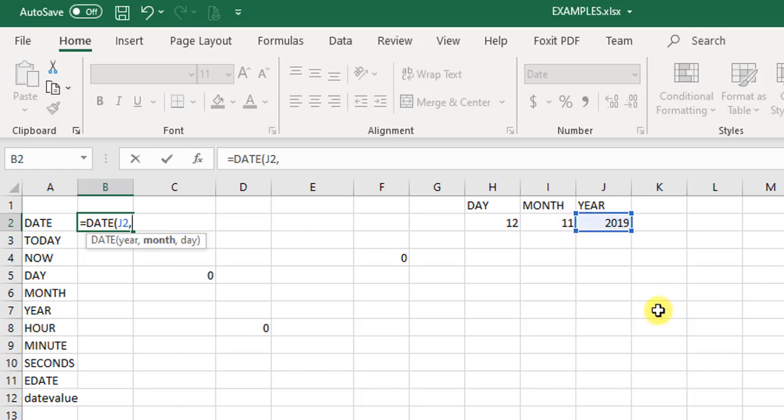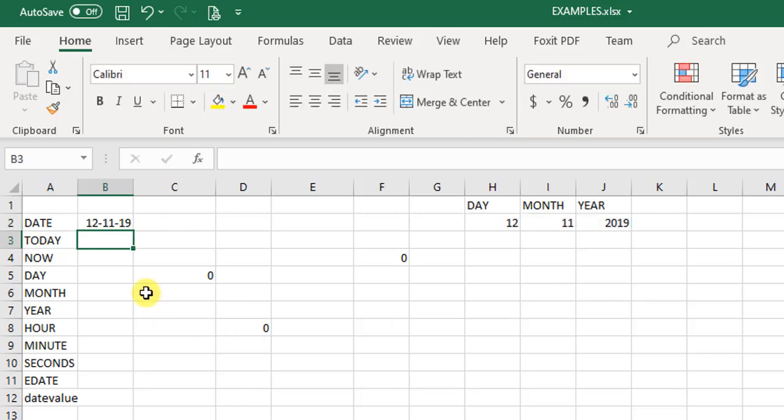Then it is asking me for the month, so I will just go to this particular cell and select the month and I will press a comma. Then it is asking me for the day. I go over here and select the day as 12 and then I close the formula with a closing bracket. So here we see Excel has given me the date based on the input I have provided.